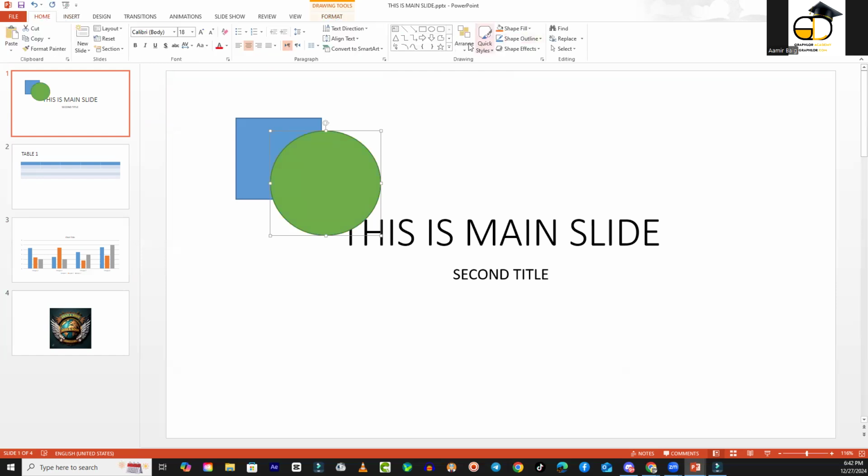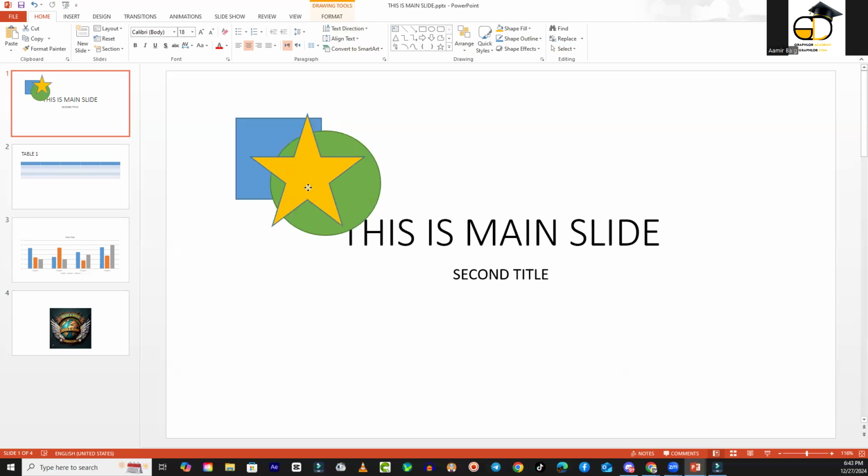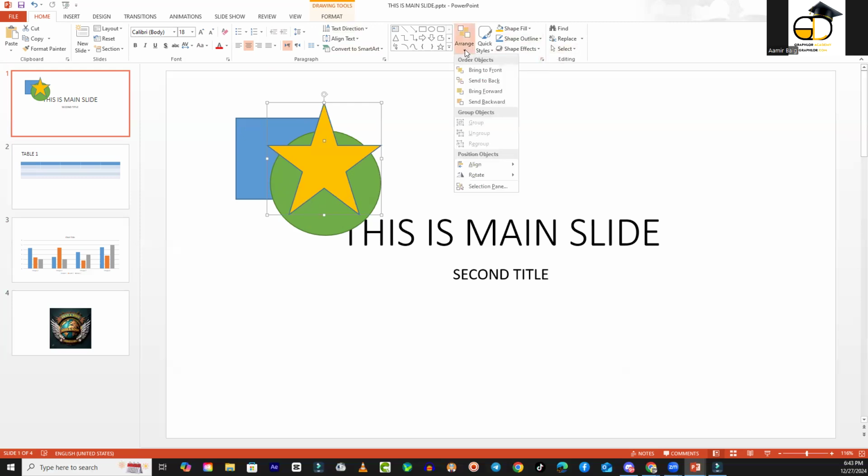Again, go to home and insert another shape. You can also change its color by going to shape fill. Now you can see the star is on top of the circle and rectangle. But I want this star in between the circle and rectangle. Then what will you do? You will click arrange and you will click